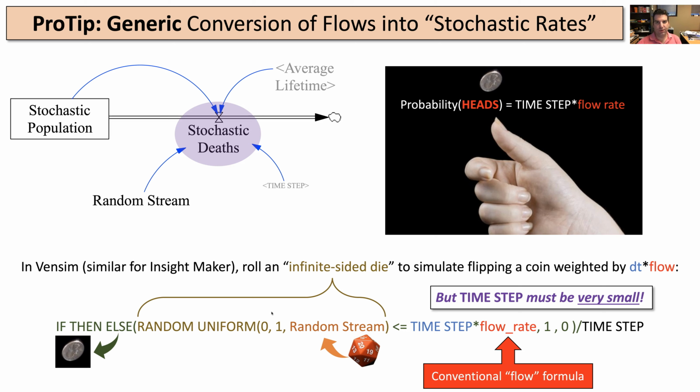So it's a convenient tool if we have a flow rate and a very, very tiny time step, because those flow rates, multiplied by a very tiny time step, turn into probabilities that an event will happen during that time step, a single event. But you really have to make the time step so small that there is no probability that you get 2 or more events happening in that time step. If you can squeeze that time step down to that level, then you can use this basic formula to turn your system dynamics model into a stochastic simulation that has that variability.